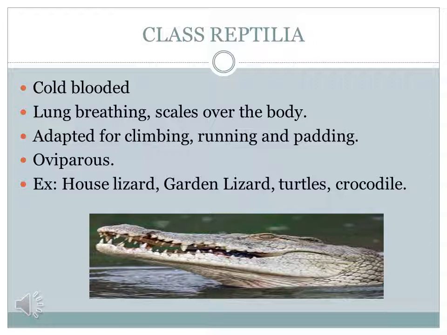Their skin is dry and rough without any glands. The body is divided into head, neck, trunk and tail. Respiration takes place with the help of the lungs. House lizard, garden lizard, turtles and crocodile are some examples of class Reptilia.